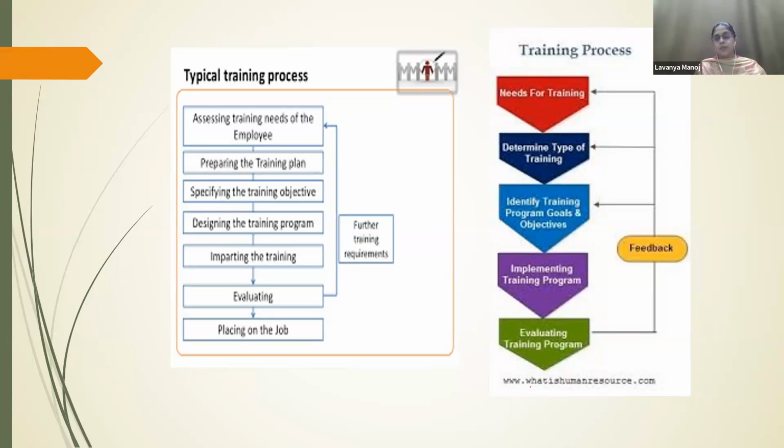And then determine the type of training, so how the training has to be given. There are various methods and techniques for training the employees. So what's the best suited method for the organization, depending upon the time available and the resources available, that is the systems or the machineries to work on and practice with. It also depends upon the money, because in case of off the job training, the workers may not be able to perform the day-to-day activities of the organization, because they will be in the training process. So the management has to cope with all these things.